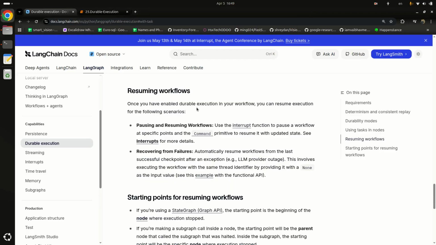It is saying once you have enabled durable execution in your workflow, you can resume execution for the following scenarios, like pausing and resuming a workflow by using interrupt. We'll see in upcoming videos how to use interrupt and human in the loop. We'll actually build very real world projects and we'll use these concepts. So for now, that's it guys,